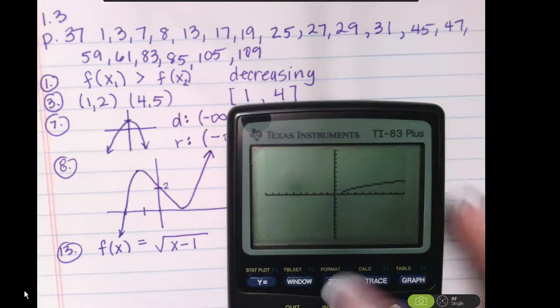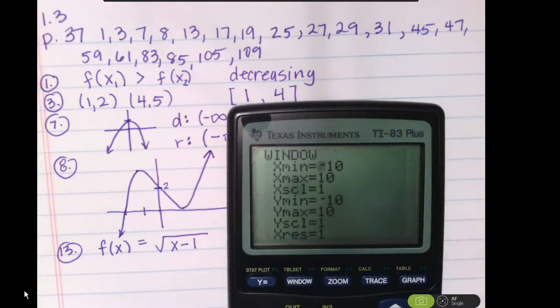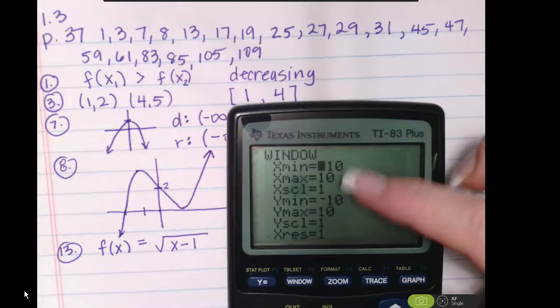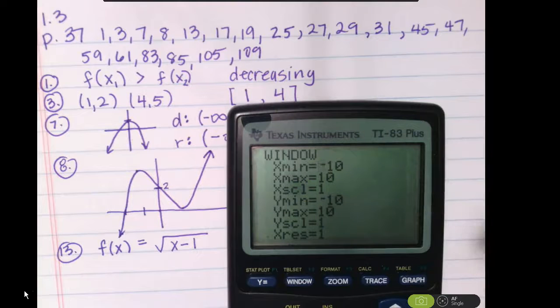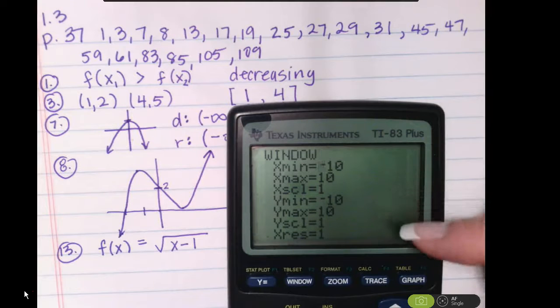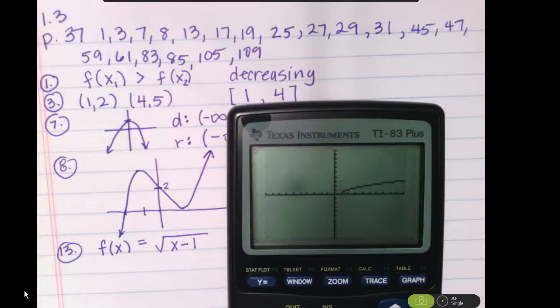Okay, so that was interesting. Whenever I can't get my graph to graph, I always want to check the window. And this is my son's calculator, so he had all numbers in the millions here, so his window was really huge. So that graph was graphing, it was just microscopically tiny. So I went back and changed everything in the window to the standard window, an x minimum of -10 and 10, and then the y's the same. So now when I look at the graph, I can see